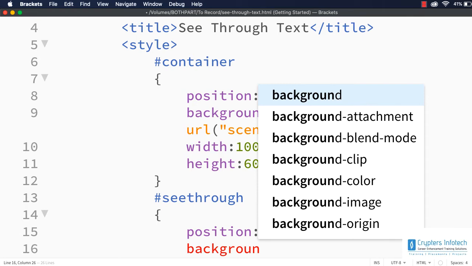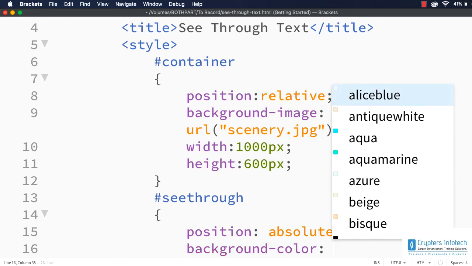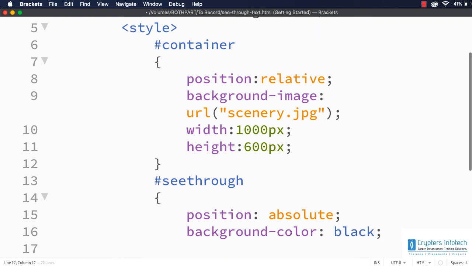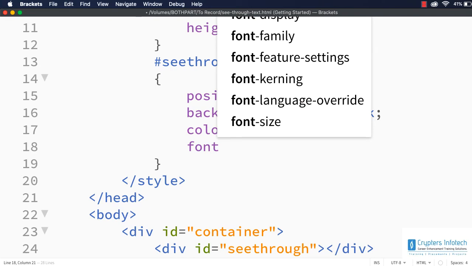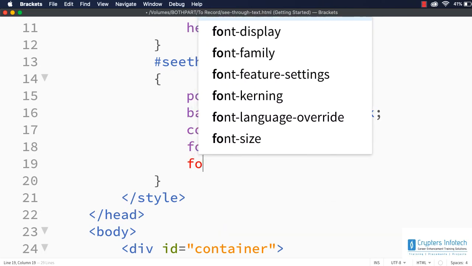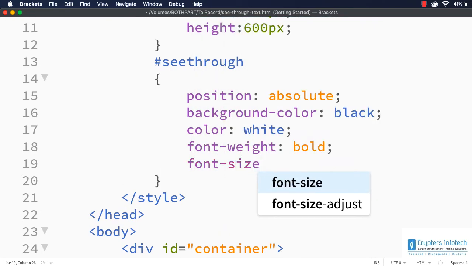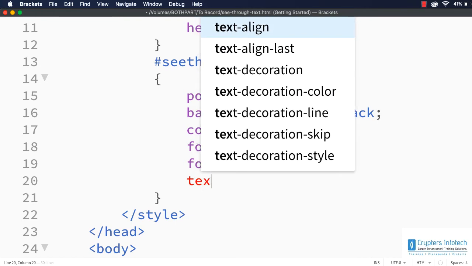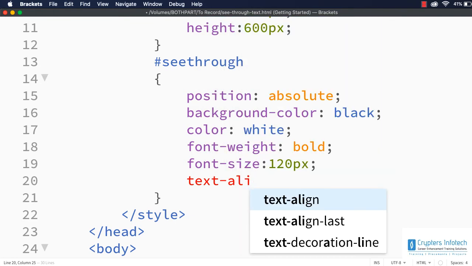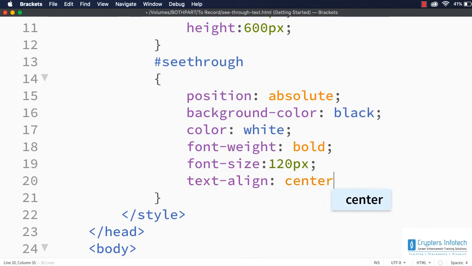So I'm specifying the background color to be say black and the text color to be white. Let me specify font-weight to be bold and font-size to be say 120px to see it bigger. Then let me specify text-align to be center so that it will be centered.